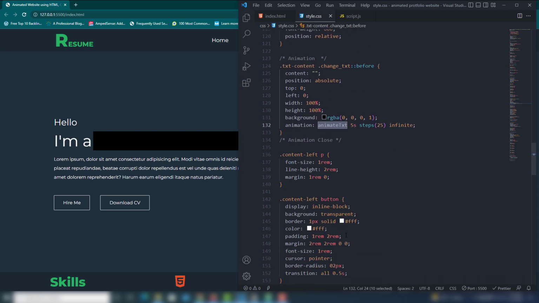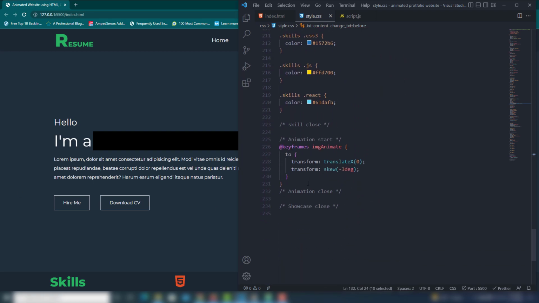Then I'm going to call this animation name inside my animation section, like there. So call the keyframes and call it animation name. At 3% I'm going to set left to 0, and at 30% I'm going to set left to 100%, and then I call 80%. This is a range, right? You can use the range to display the animation and